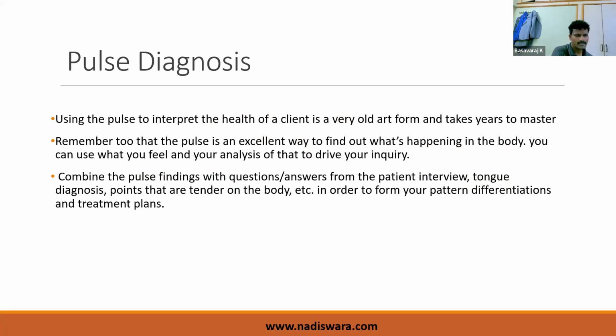So here, to summarize and to sharpen your diagnosis, the pulse diagnosis will help you a lot, because based on pulse findings, you can ask the question. Based on the pulse, you can correlate your symptoms. Based on your pulse, you can cross-check with the tongue,